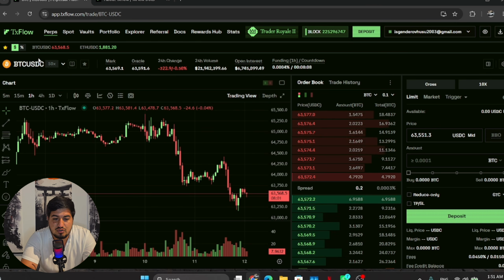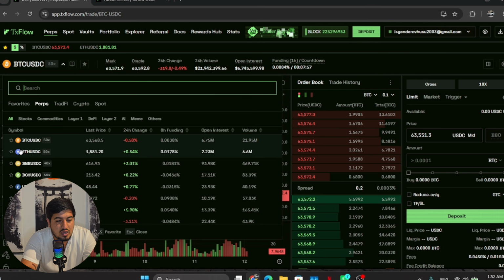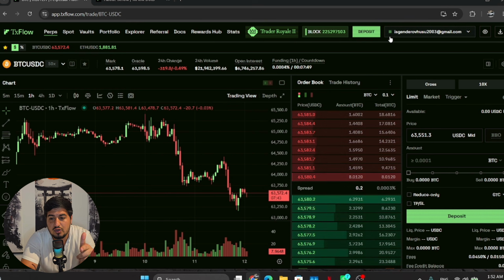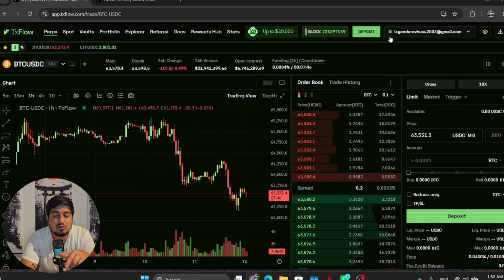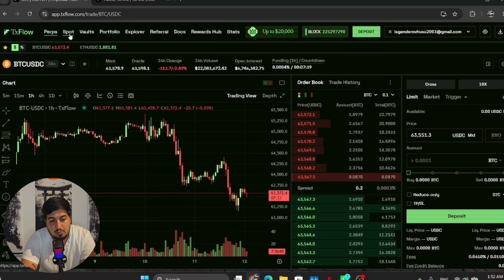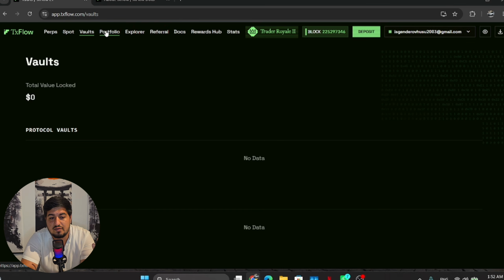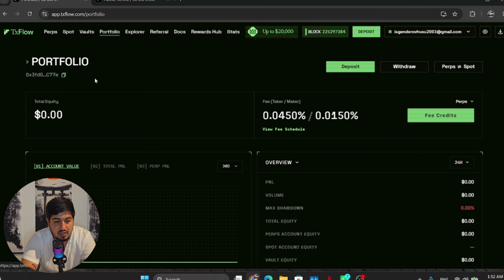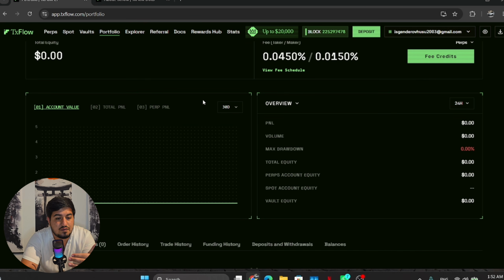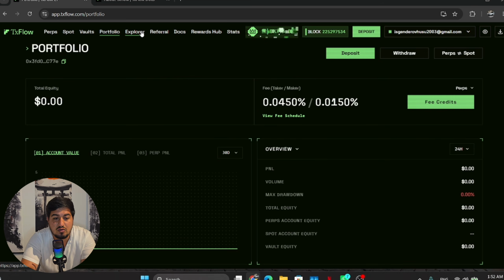As we mentioned, you can trade anything you want, not only Bitcoin. In here you can choose anything you want for trading, my friend. The only thing you need to do is connect your wallet, open an account, and use the referral link below, so it will be quick to open an account, and by using the referral link you can get some advantage. They have spot, they have vaults, they have a portfolio for yourself. You see your total liquidity, your fees, an overview, and everything you can explore.